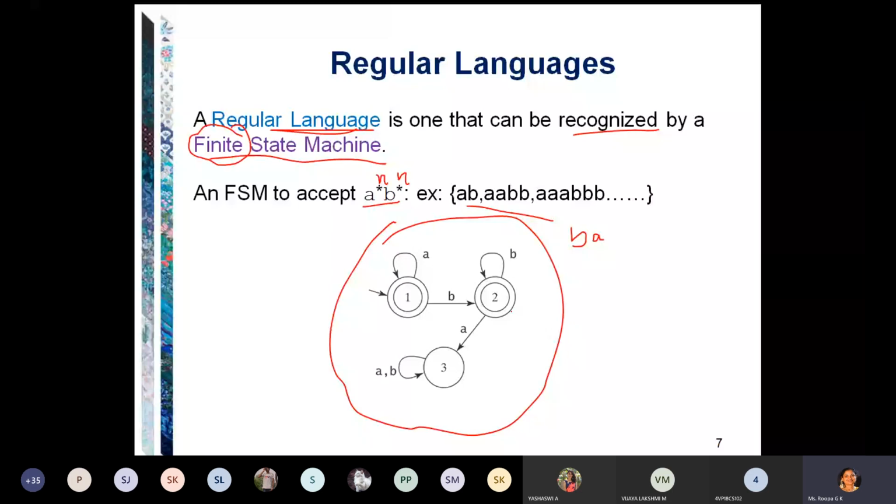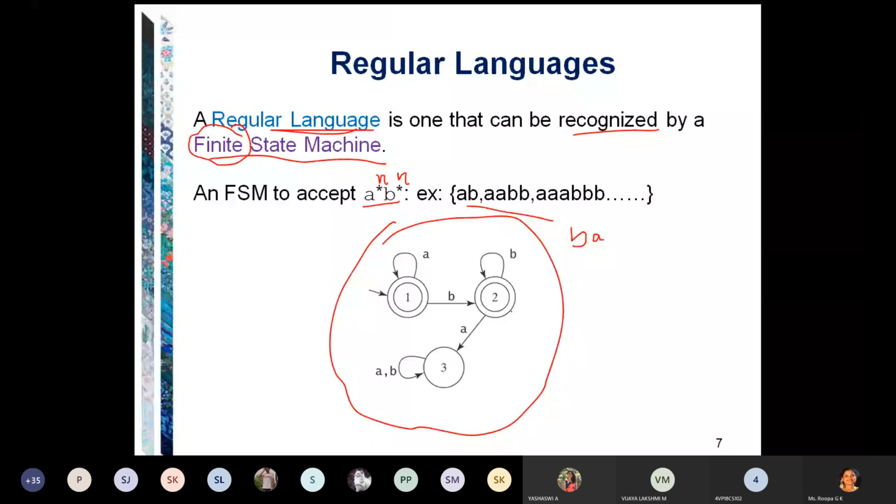The FSM starts in a start state. As each character is read, the FSM changes state based on the transitions shown in the figure. If an FSM is in an accepting state after reading the last character of some input string, then it accepts. Otherwise, it rejects. So in our example, the FSM stays in state 1 as long as it is reading A's.